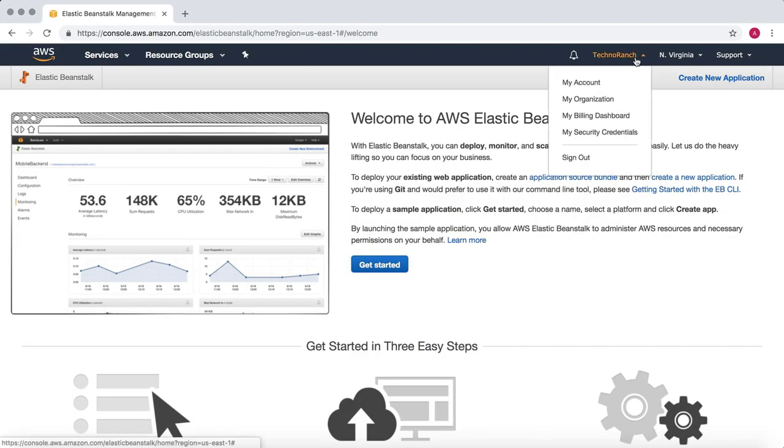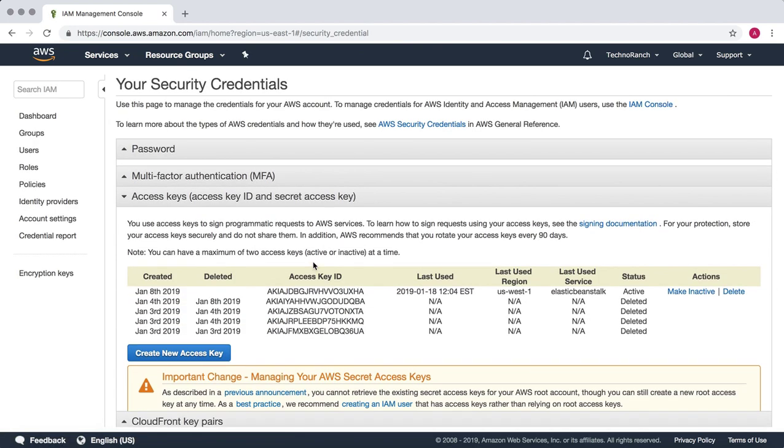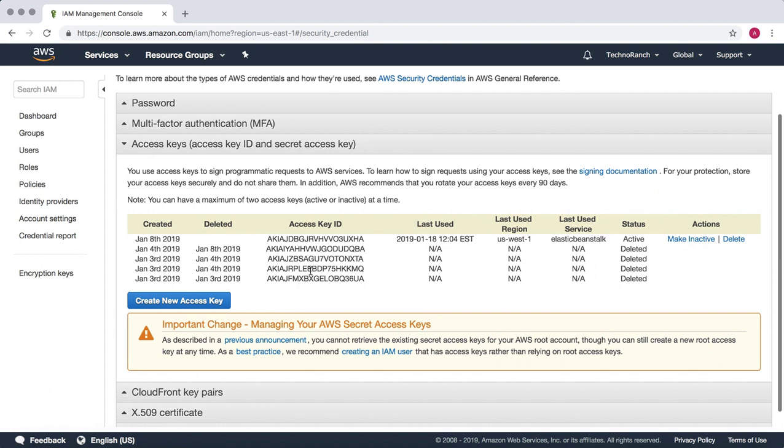So for that, we have to go to My Security Credentials over here, and if you see, there are access keys over here, and you have to generate a new access key. I already generated many access keys. So I am in the root account. Okay, I am not in any of the IAM user logins. I am in the root account, and here we are going to generate the root account access keys,